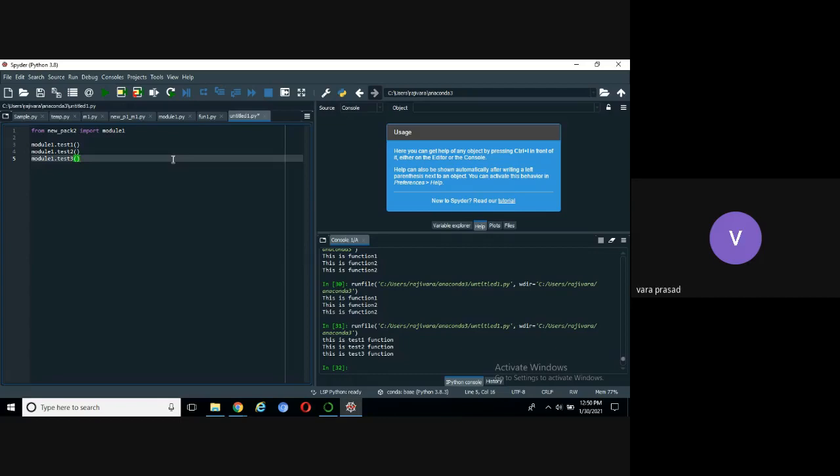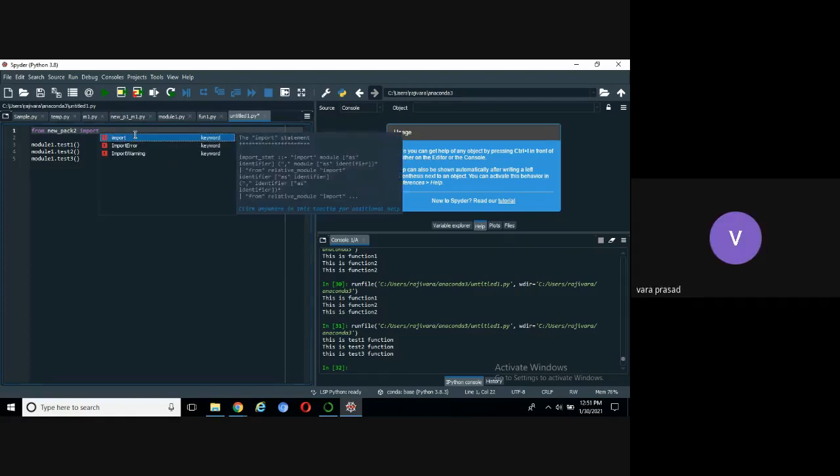I'm asking, if we type from module name import function. See, here you are asking directly.